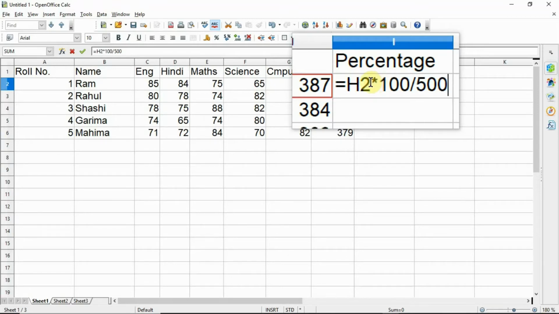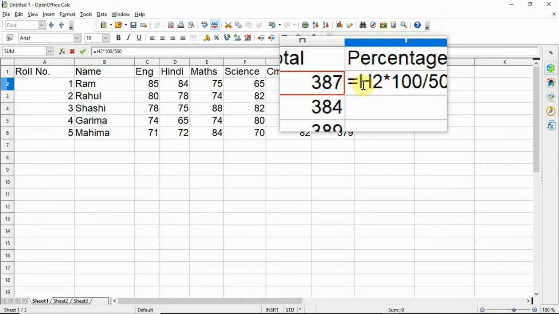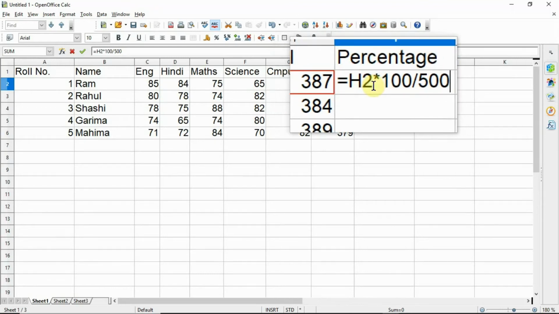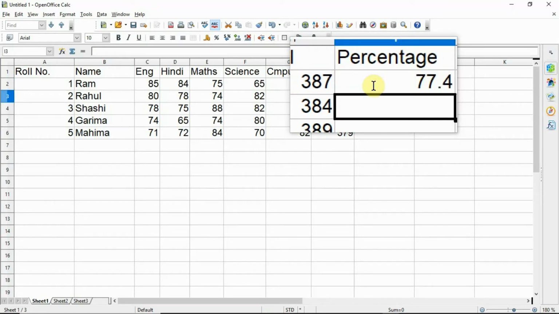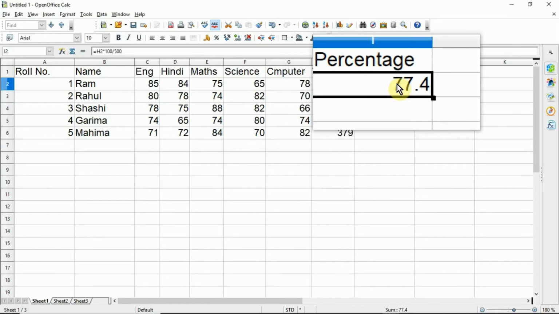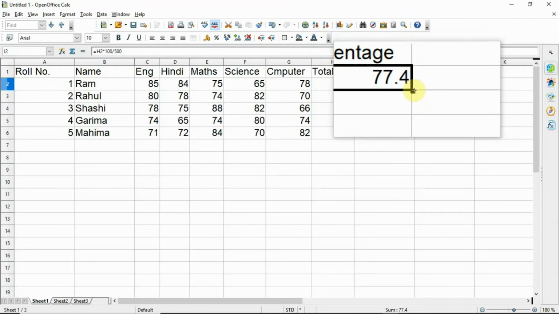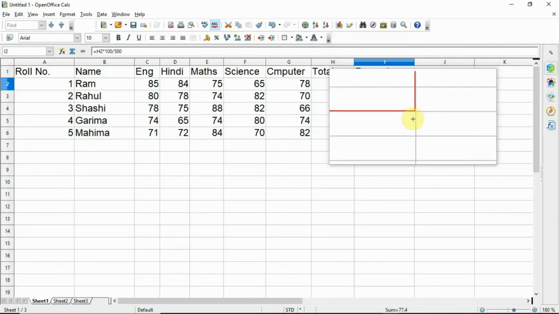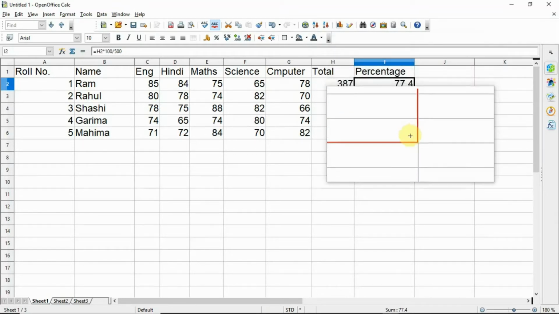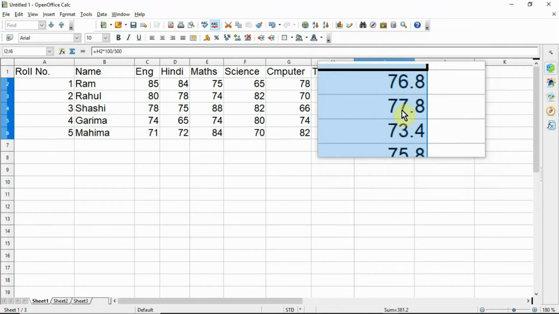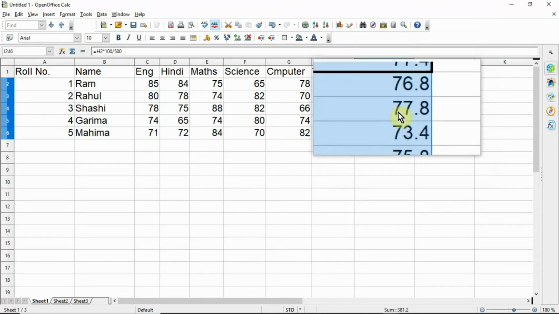So our percentage formula is equals to H2 into 100 divided by 500. Press the enter key. We got the result 77.4, and then select your cell and then click here and drag. We find all the percentages.